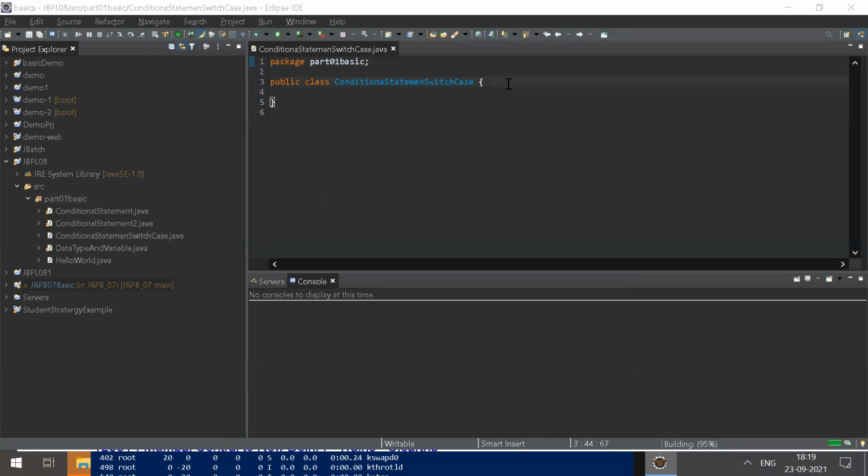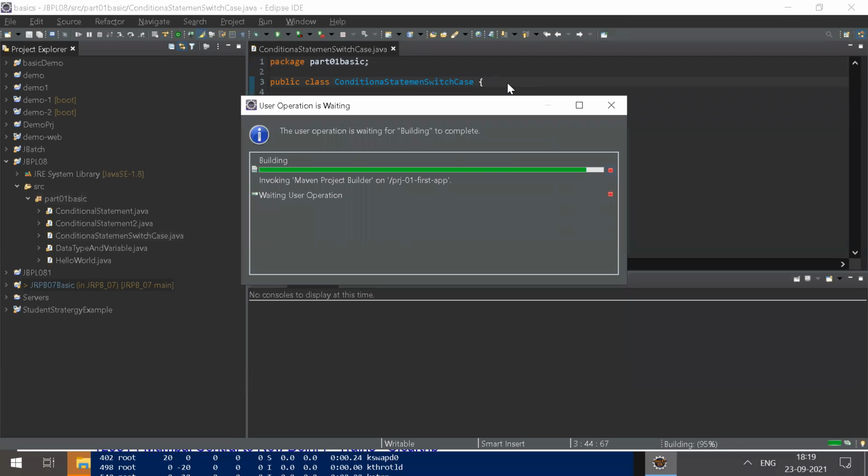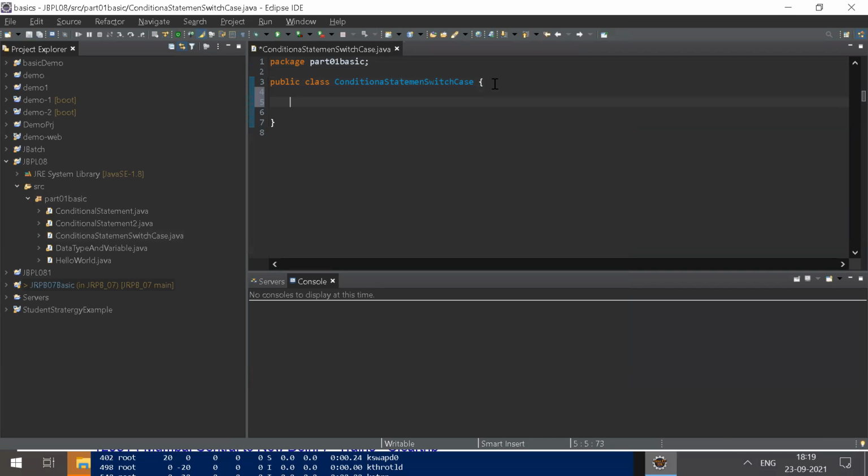Creating the main method. Simply I am getting an int choice.